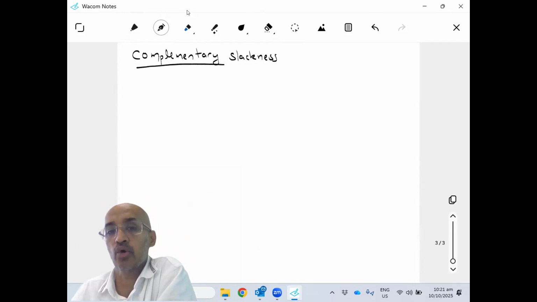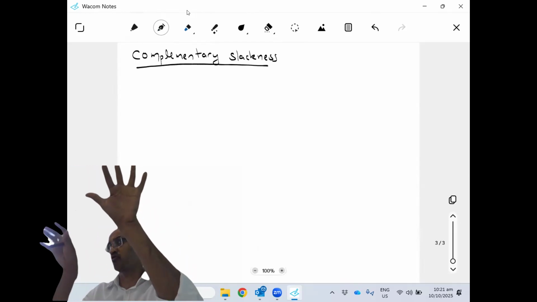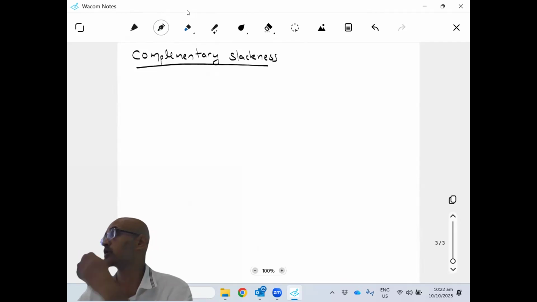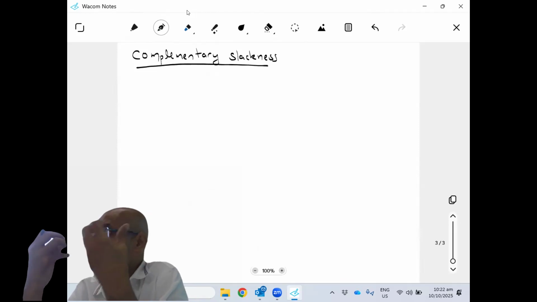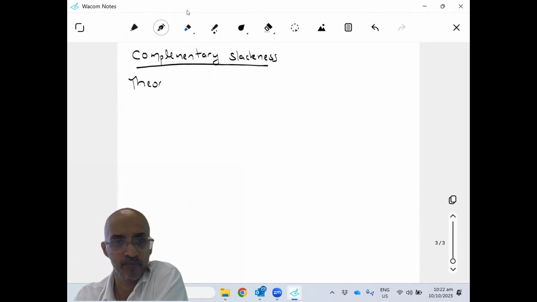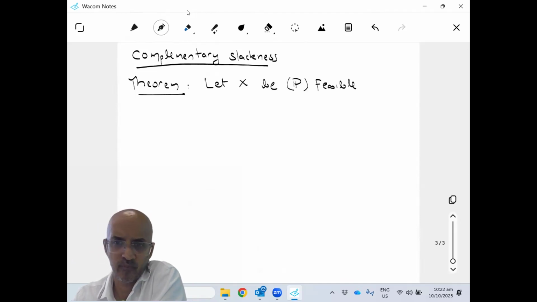tells us something about how the primal constraints and the dual variables, the dual constraints and the primal variables behave together, what should happen at optimality. Okay, so here's the theorem. Let X be primal feasible and P be dual feasible. Then